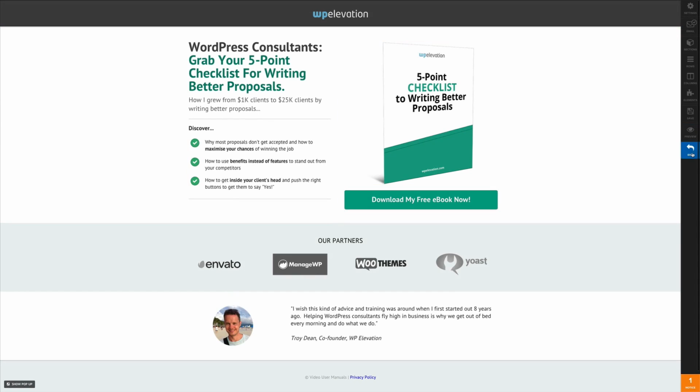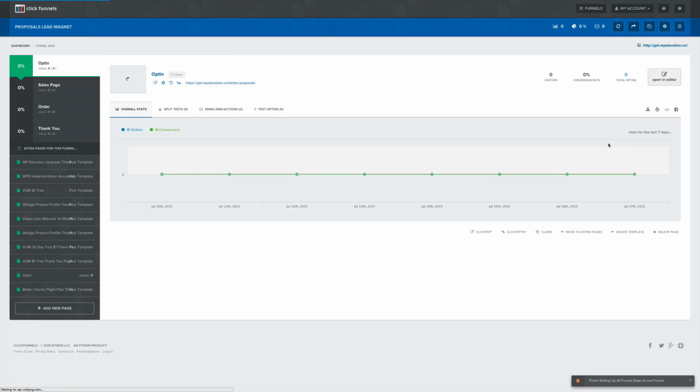I can exit out of this page. Save. ClickFunnels reminds you that you haven't saved. There we go. I'm going to exit out of this page. There is one other thing I need to do on this page later, which is actually connect it to the correct campaign in Infusionsoft, but I'll cover that in a little while. Next thing I want to do is go to my sales page